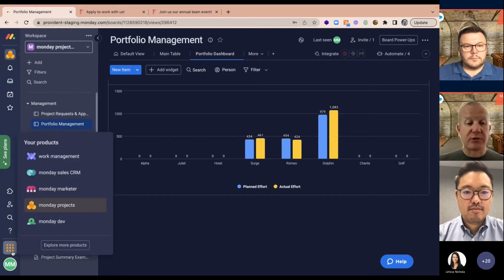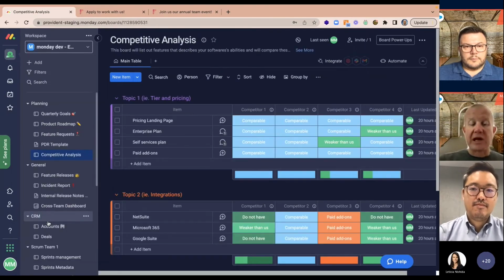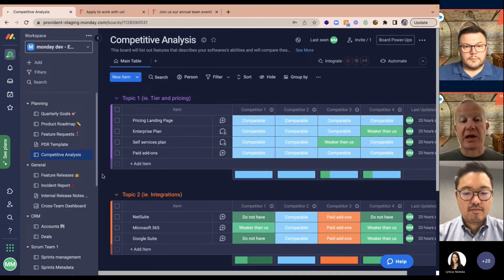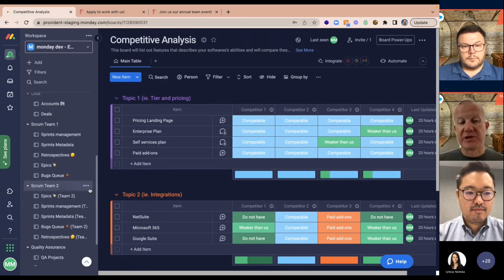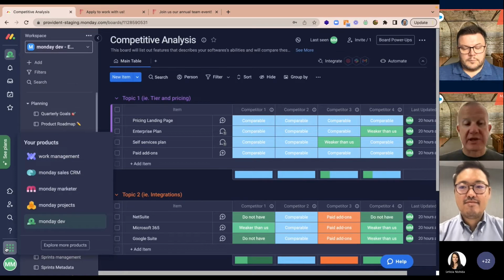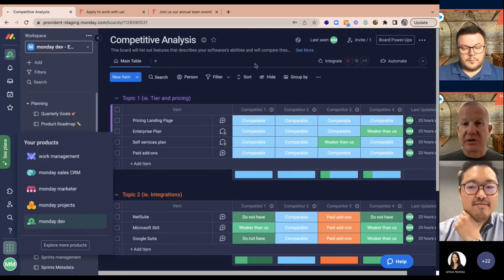And then the last one, which I'll mention real quickly, is Monday Developer, which is for development teams where they're developing products, and gives you a lot of features around that, which might be of interest to anyone who's in that area. So I'm going to leave it there for the products. Any questions, we'll come to those probably at the end. I'm going to stop presenting for the moment, and I'm going to hand over to Xi, who's going first on the work forms.